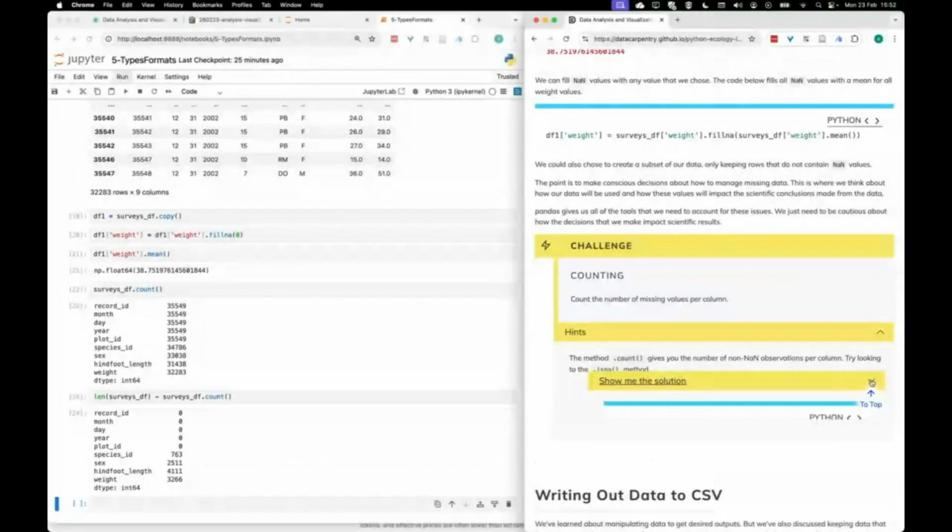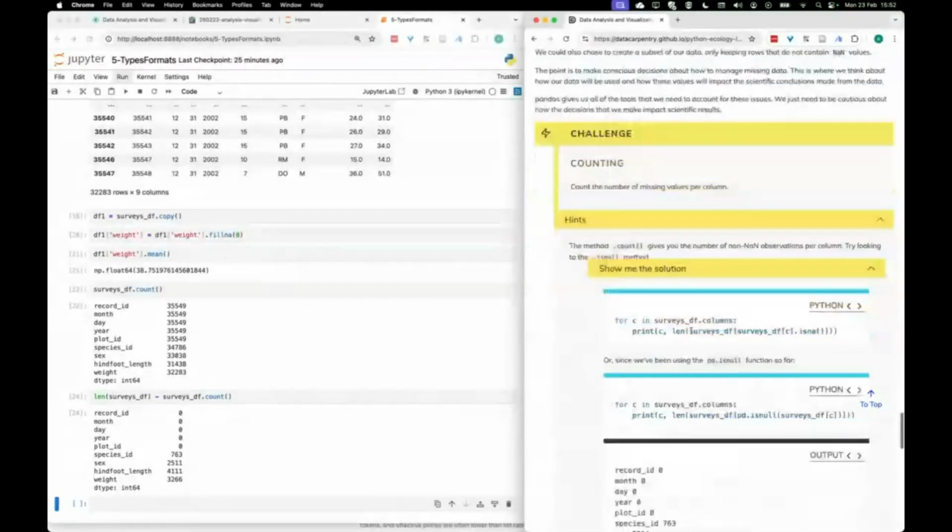The solution given here is a little bit more convoluted. I mean, it involves a for loop, or an iterator, I should say. So it's iterating explicitly over the columns. Just a little bit less elegant, and then printing out, checking for each column,